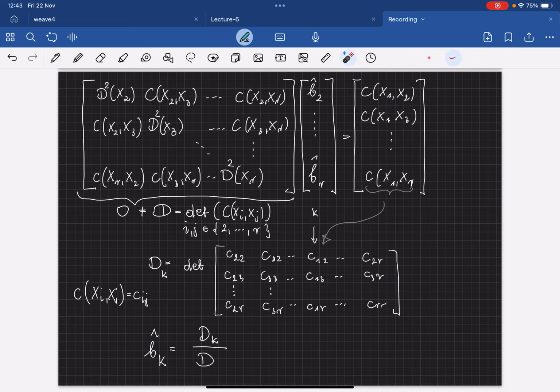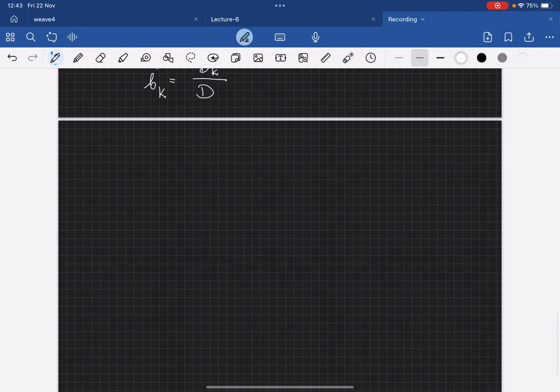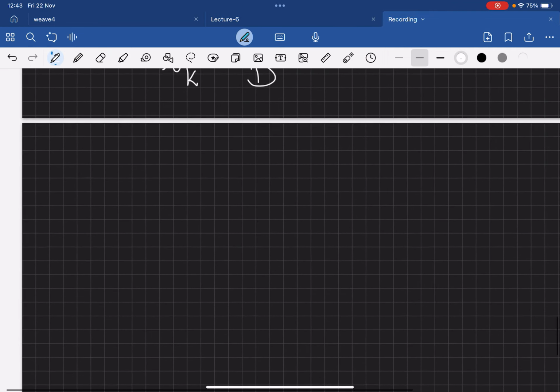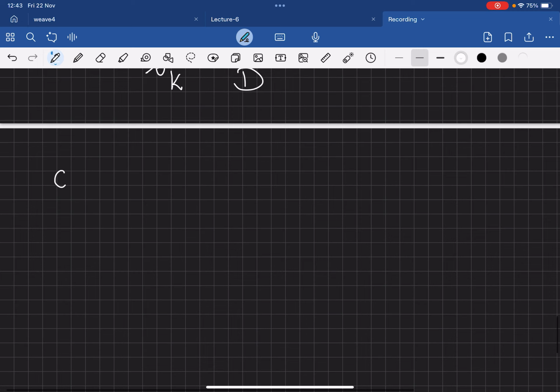Here, as you can see, we start from 2, we go up to R. So what I will need in the following is the full matrix C,